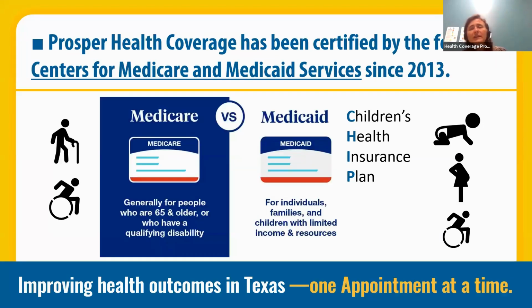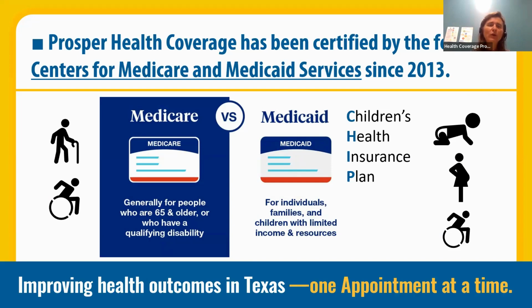So what we've got here is a slide that has some of our more common eligibility-based public programs. On the next slide, we'll talk about employer coverage. We'll look at individual coverage through the health insurance marketplace, but a lot of people do have health insurance through Medicare, Medicaid, or the Children's Health Insurance Plan. People's access to these programs is generally determined by their age or their disability status and or their household incomes.